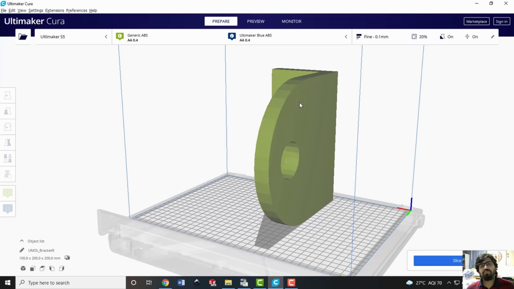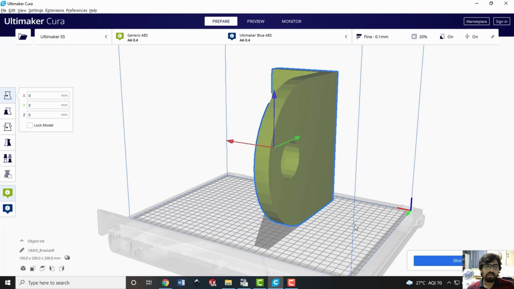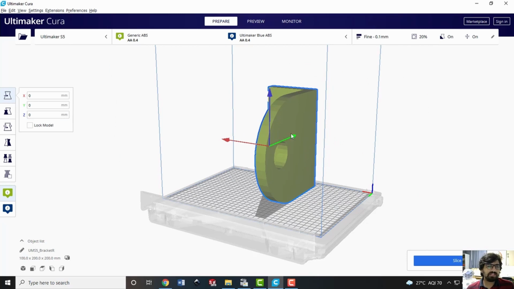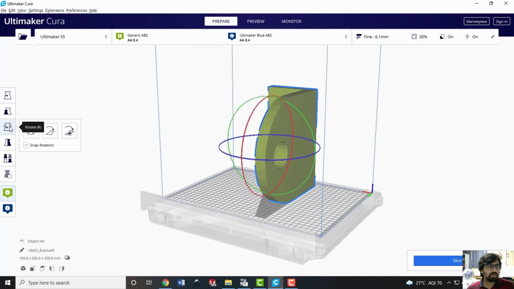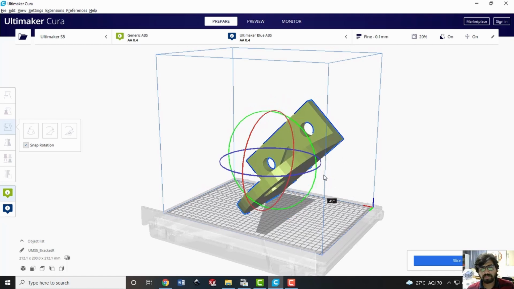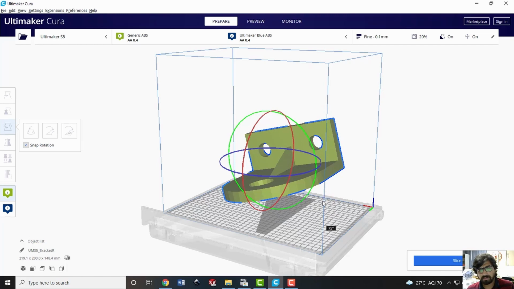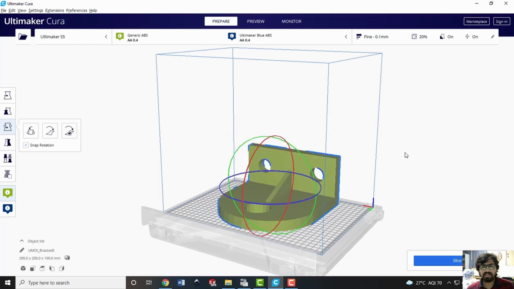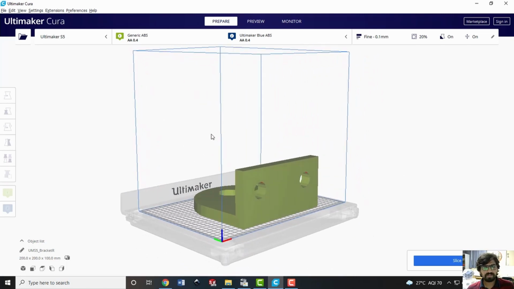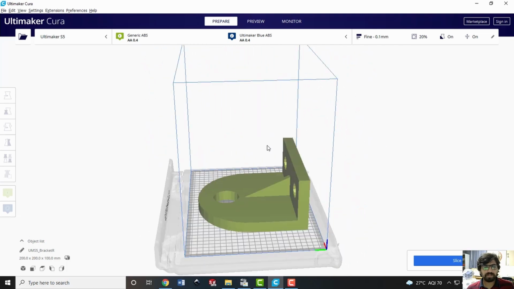It looks like, first of all, if this face will be on the bed, that will be a better option. So let me first rotate this part. I have selected this model and I am going to select the option called rotate, and like I said, I am going to rotate this part about this green color axis, and once I bring it to the desired position, that is 90 degrees, it looks like now to me in the fine position. If it is built like this, it will be appropriate.